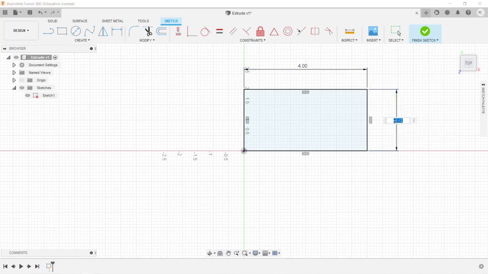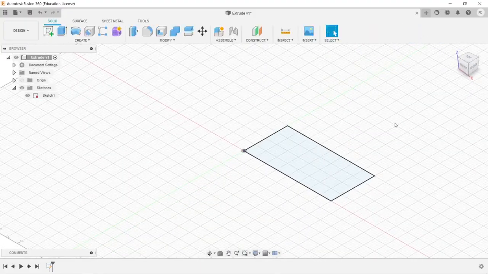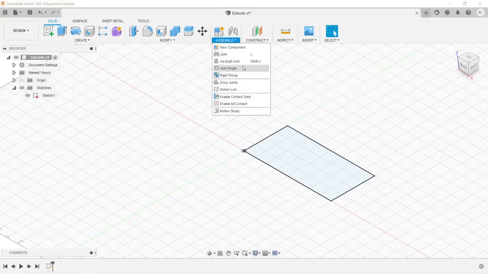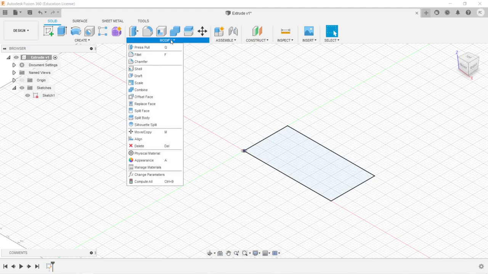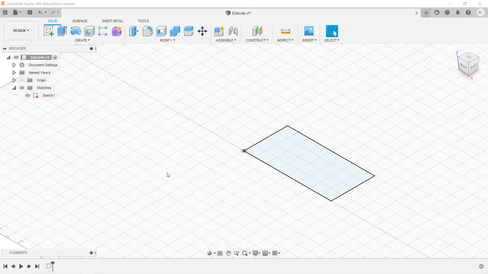And that formula, if I double click on it, referenced the dimension D1 over here. I got that by just clicking it, okay? And I can click finish sketch. All right, now let's say that I want to go back in and change this. By using dimension 1 as kind of a variable that then controlled dimension 2, I can go to modify, I can go to change parameters,